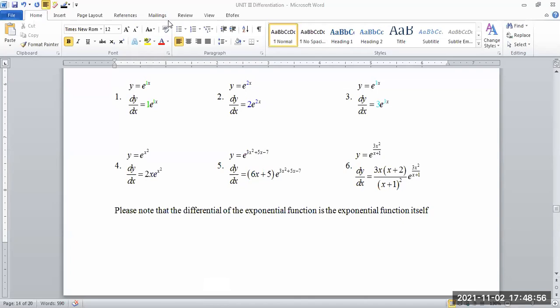No, sir. How is it going? Having challenges with it? A little bit, sir. Remember, when you're differentiating the quotient: the denominator times the differentiation of the numerator, minus the numerator times the differentiation of the denominator, all over the denominator squared. So check that, sir.